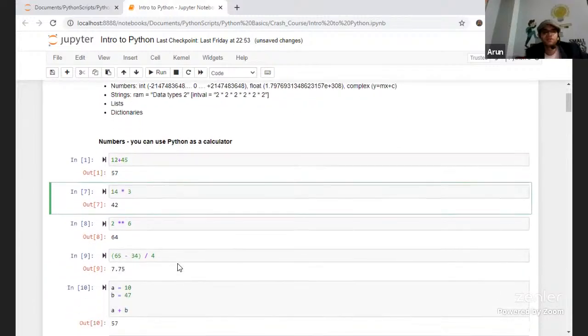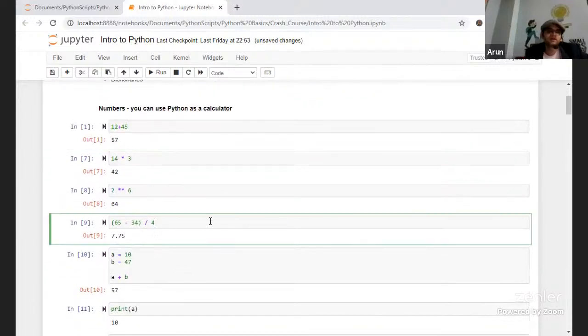So there are multiple ways you can do it. In this scenario, where you will have multiple operations in the same expression, you can ensure the order by providing braces at all those places where it is important, and then provide the corresponding expressions and operators in the expression. So this ensures that the value is 65 minus 34 and top of 4.